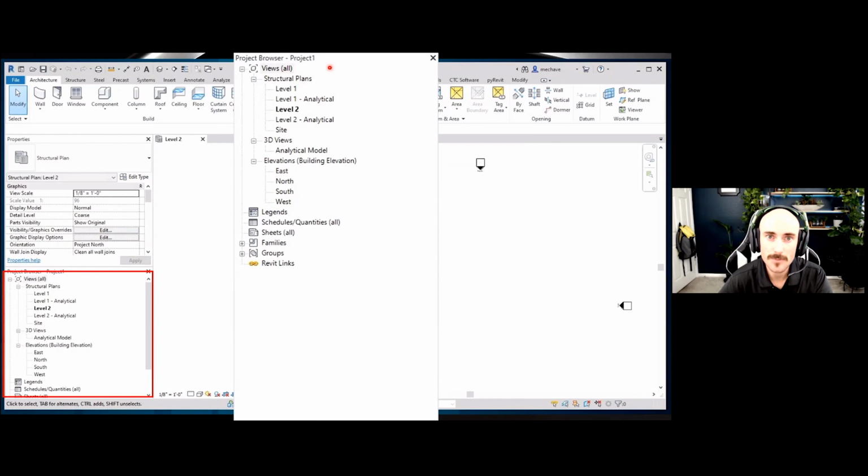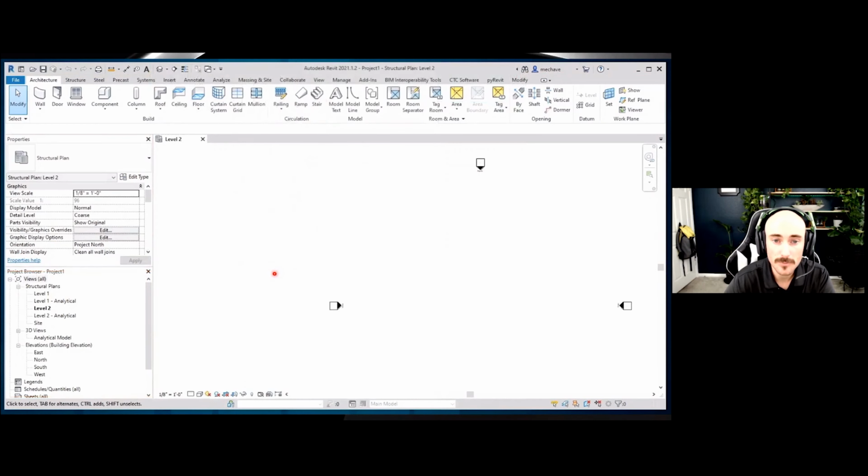There's also a family breakdown in here. So these component elements that we're bringing in, or families, or groups, or Revit links. Back to our Revit links items, they're like XREFs if we're talking about AutoCAD. In Revit, they're links that are brought in that we're using maybe to design from or to coordinate with. That is our project browser.